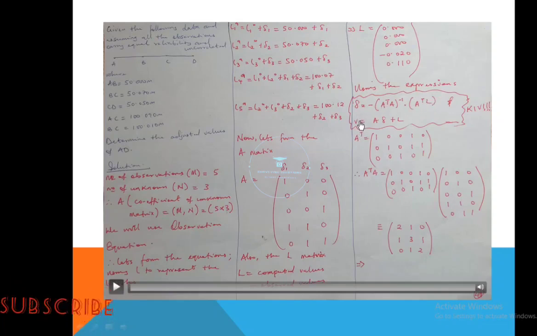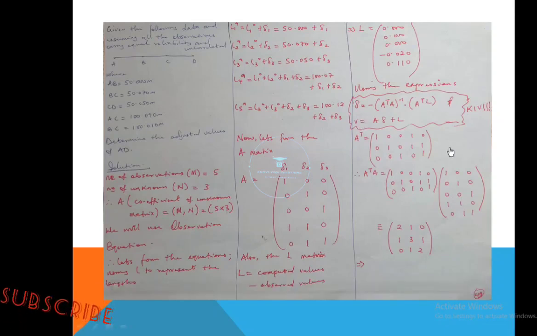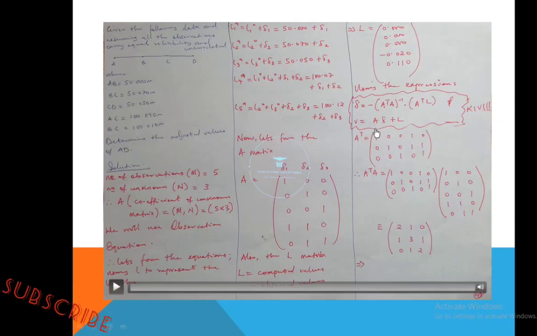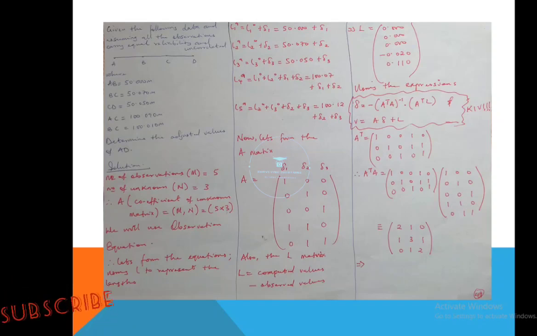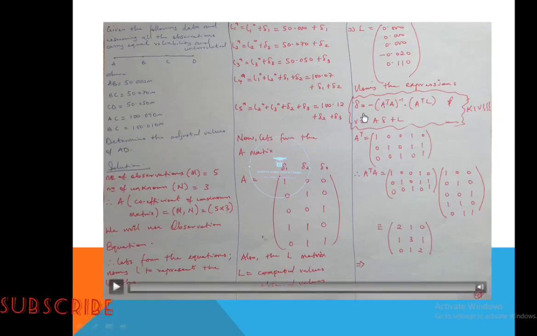Now the next thing is V. Now the V is actually the residual. And for the residual, we have A times D plus L. So by the time you have the value for D, you multiply it by your A matrix and you add it to this L. So that's why I say keep in view, this is a formula that you are going to always remember during the course of carrying out adjustment computation using the observation equation method. Now let's start the main task of today's video. So since we are using this formula, which is this D, which represents the